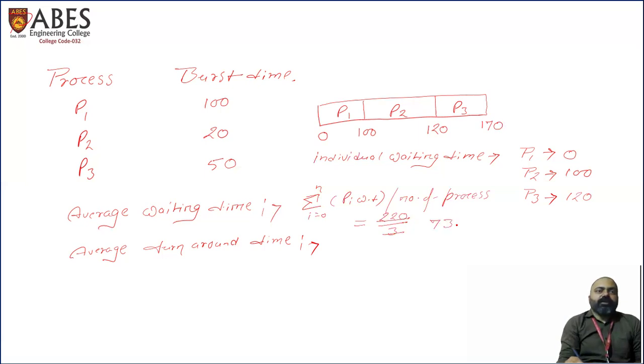So this will be 73 point something unit time. So we can see what is the average waiting time. Average waiting time is 73 point something. And if we talk about turnaround time, so what is turnaround time? Turnaround time basically